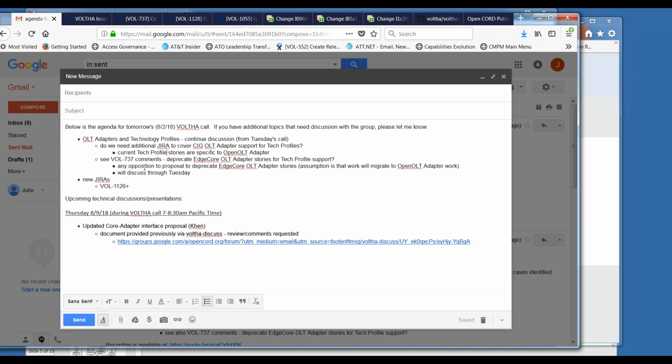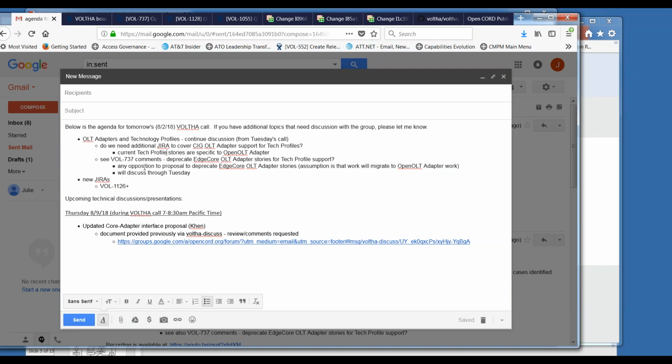I mean, the provisioning of the physical OLT using the gRPC messages and the ONU using the OpenOMCI messages. Those interfaces should stay the same unless there's something specific for CIG for configuring the physical OLT itself.